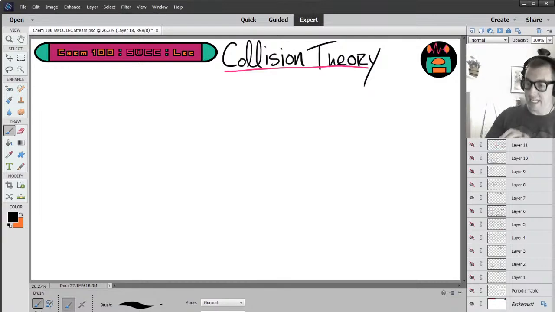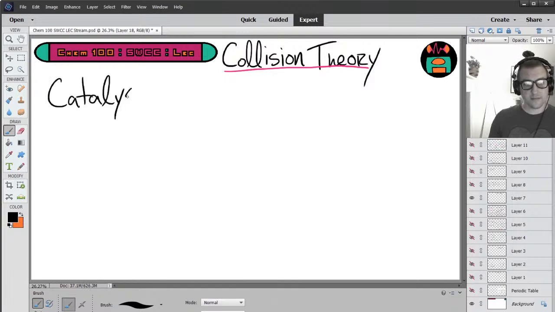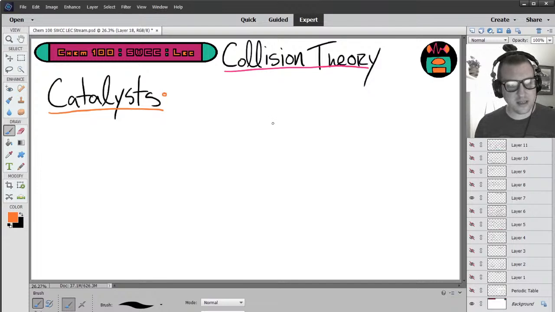All right, now finally, there's one last thing that we're going to talk about that affects the rate of reactions, and that is the presence of catalysts. Now, catalysts affect reaction rates, but they do so in a way that's